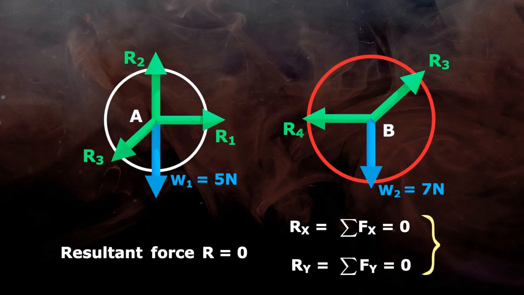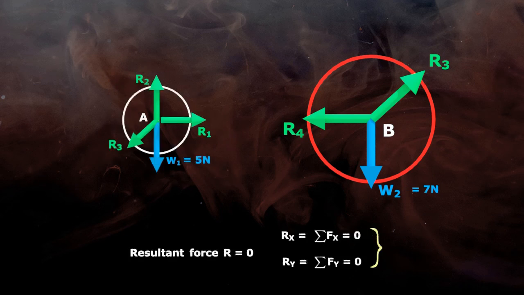As the weights of both spheres, W1 and W2, are given in the question, the football has three unknown forces R1, R2 and R3, while the basketball has only two unknown forces R3 and R4. So we will begin with the basketball, and once we find the unknown reaction R3, we can use that magnitude for R3 of the football, and then there will be only two unknown forces left for the football too.